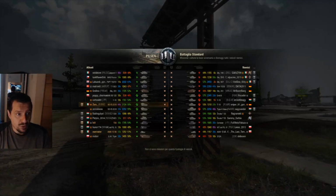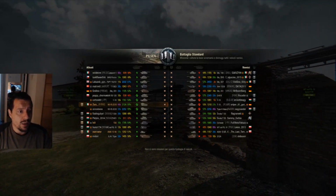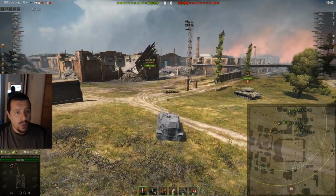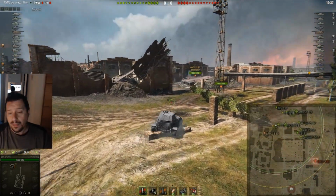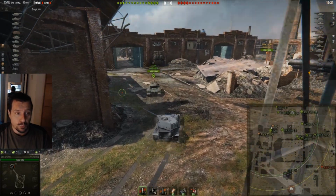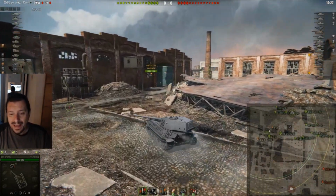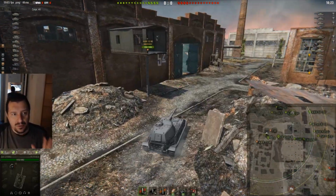In a not so good matchmaking, because I'm playing Pilsen together with Zazo and FX9. We are not top tier. We have 5 tier 10 vehicles top tier. The enemy team is pretty dangerous, and I know that I have to hold the left part of the map